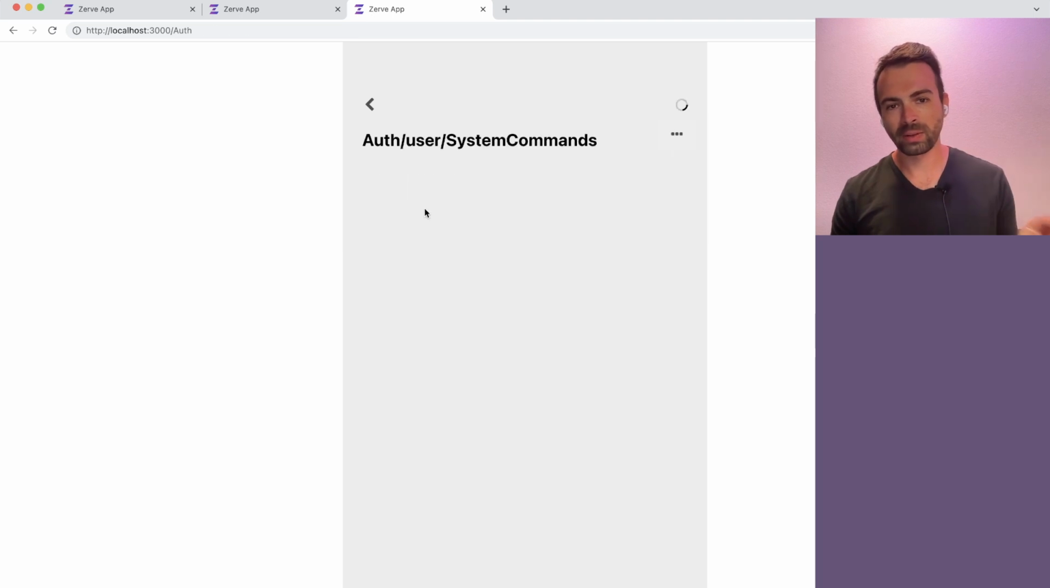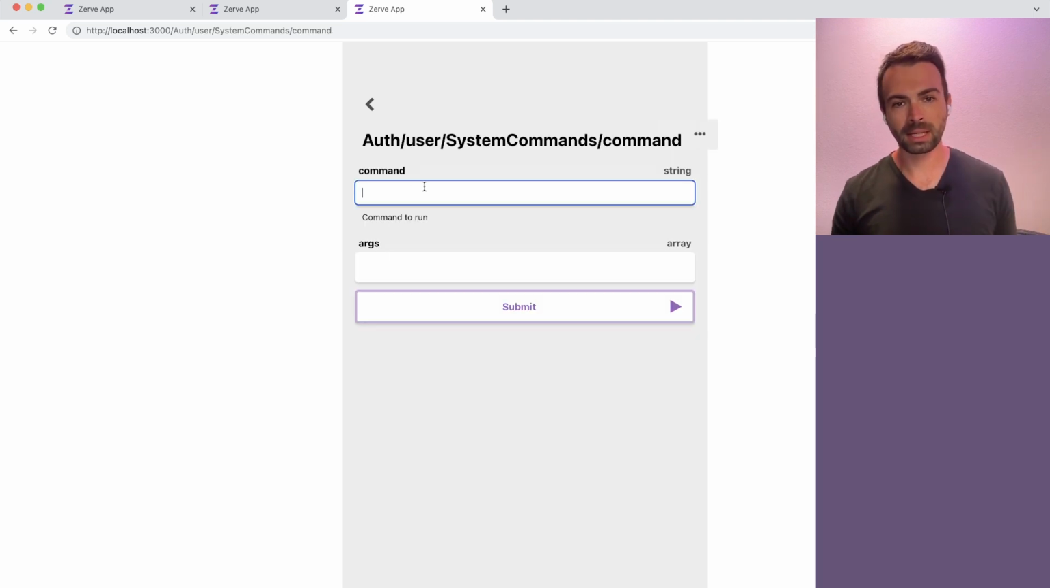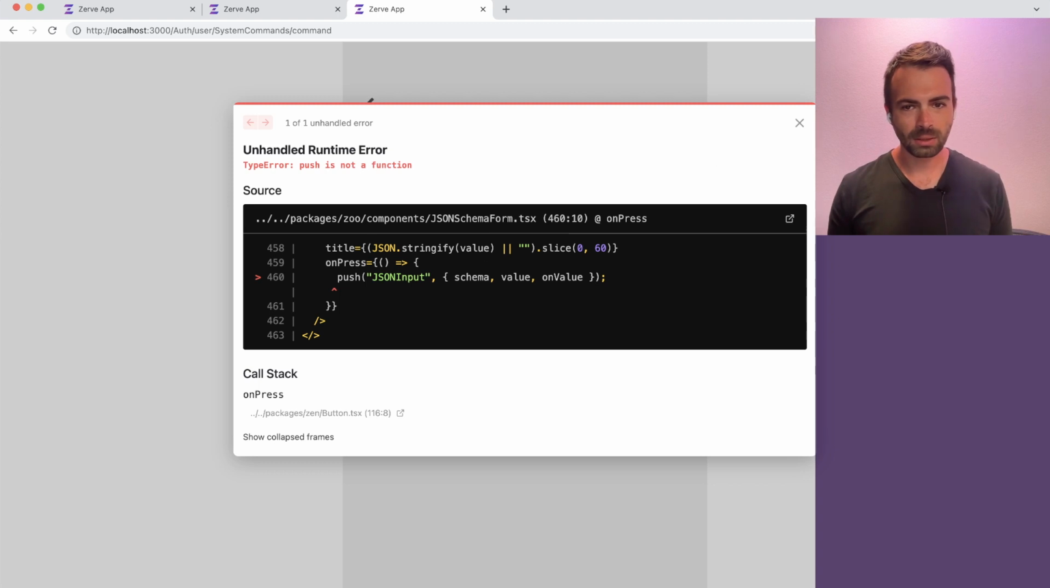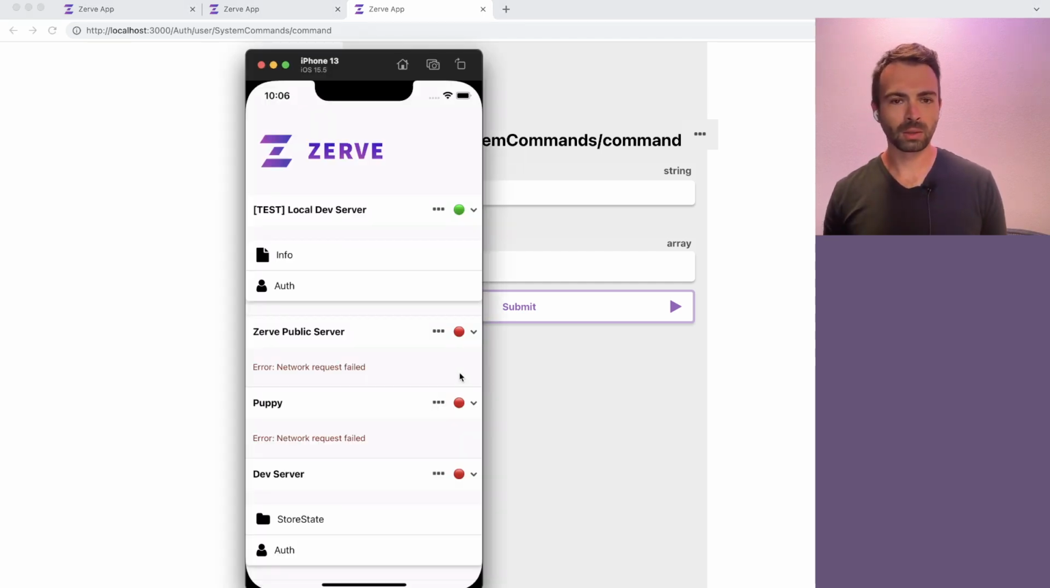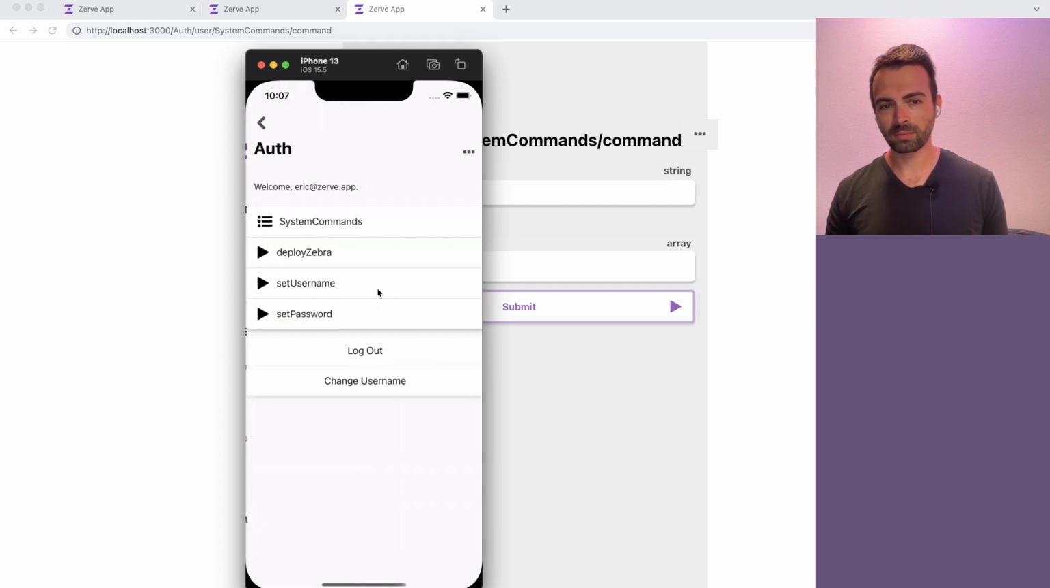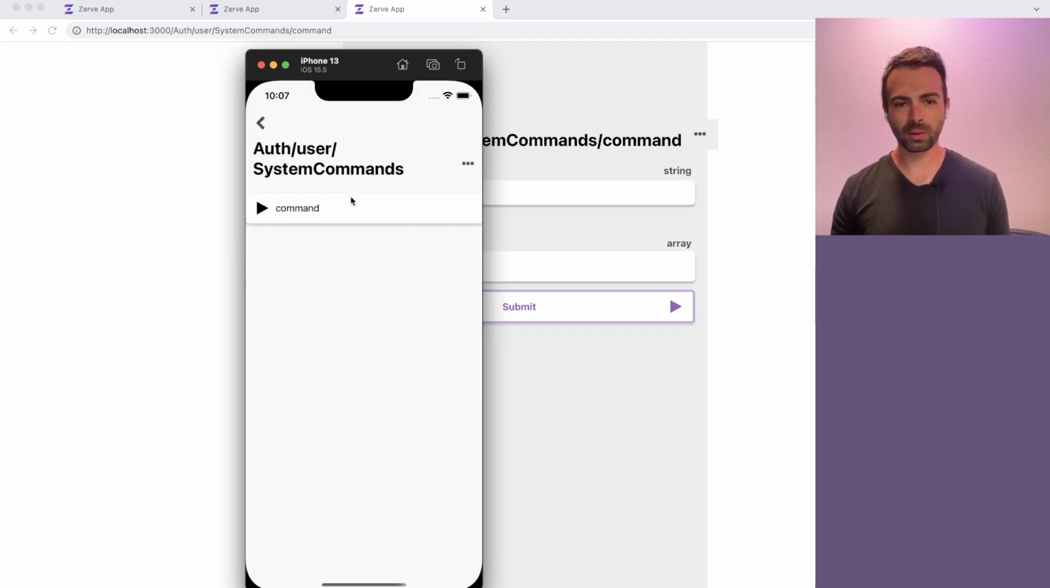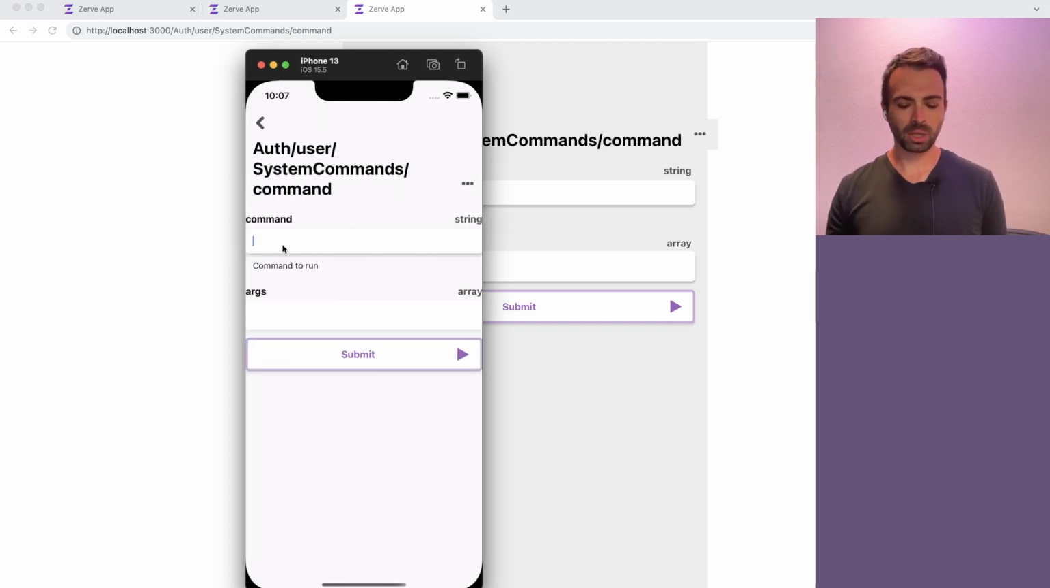Okay, now we have system commands, we have command, and now we can run anything. We can write, have you heard of the uptime command? It tells you how long your machine has been running. Arguments, oh no, don't tell me I can't do this from the web interface. Okay, I'm being told that I can't do this from the web interface. And fortunately, I'm logged in to this server on the mobile app as well. So I can go into system commands, type the command uptime,